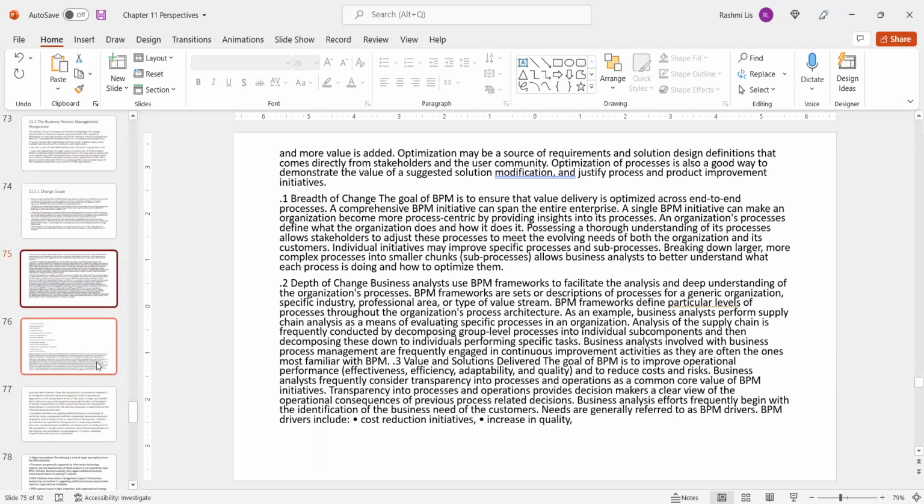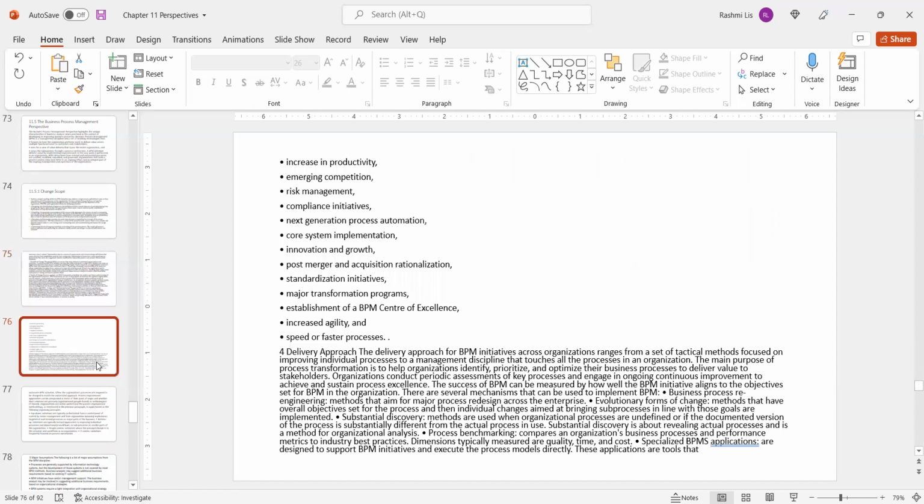Now, when you consider business process modeling, there are several use cases of why organizations would use BPM or even hire business analysts to work on BPM. It could be to understand the value stream mapping of an organization. How do we optimize the process as well? Could be another use case. So this becomes an important component.